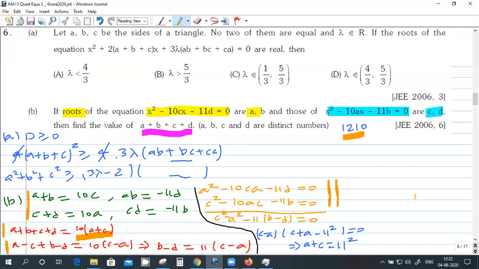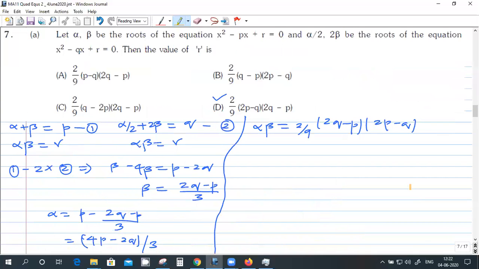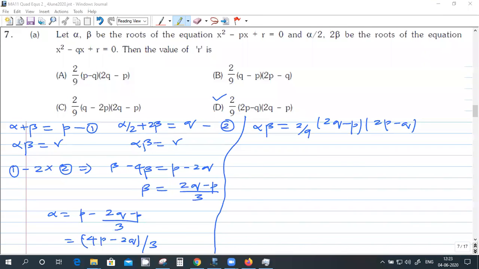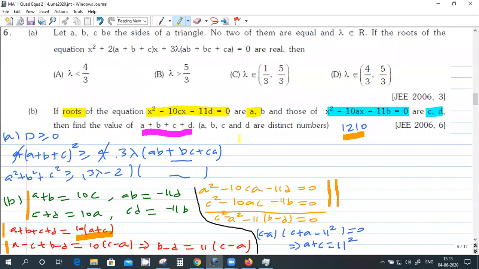Sir, this Allen sheet is different. Yeah, alpha, beta, roots of... This is an easy one. A part of the last question that I could not get, but actually it's supposed to be easy because this one is 6 marks. The first part is 3 marks. Okay, let me tell you next time.